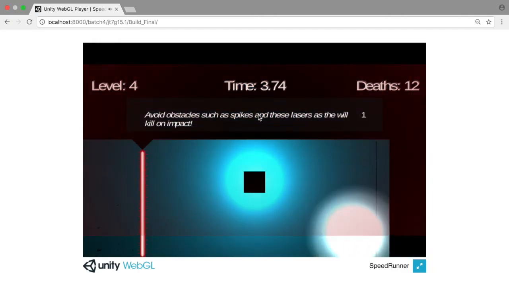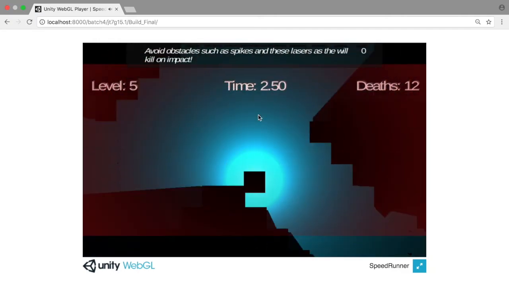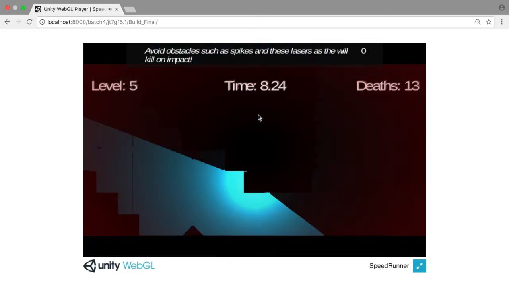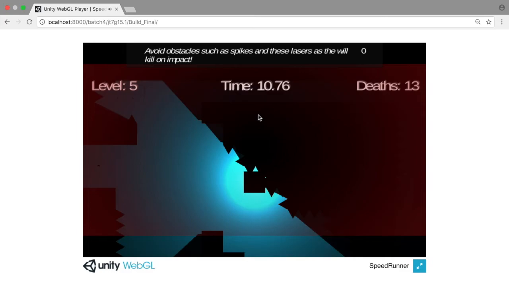Avoid obstacles such as spikes and lasers. Oh, that's kind of annoying. It would be nice to have said something like the laser will deactivate after a while. Even just in a super fast race to the end, you don't want to have to stand still and wait for a laser. No, that's a shame, because that's an example of a mechanic that really...